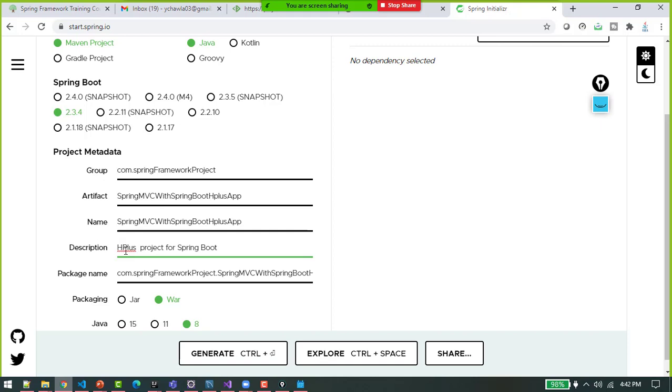So we'll create all the use case scenarios for those. Package name will be org Spring Framework project, under that my project name, war file, and Java version 1.8. So that is the basic information that you can give.